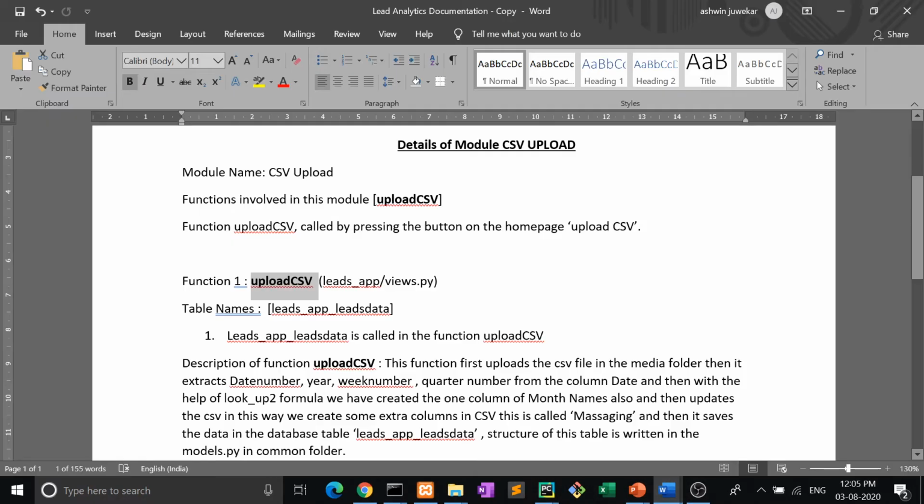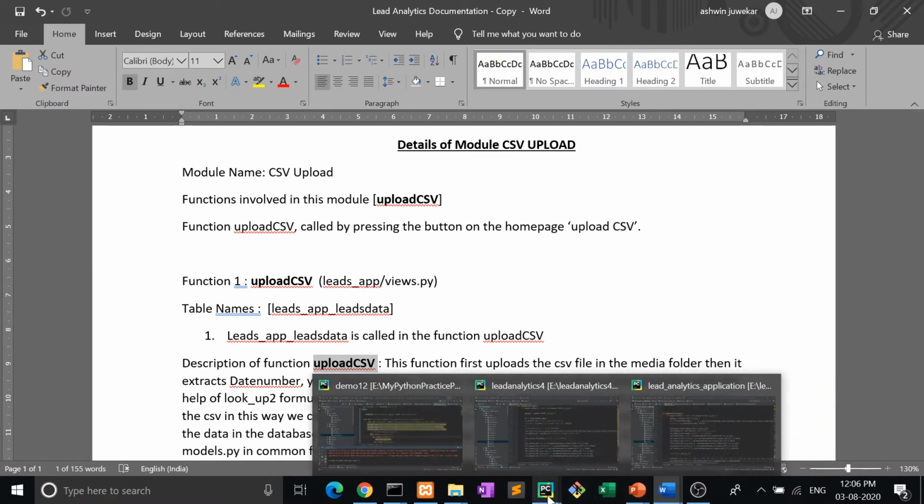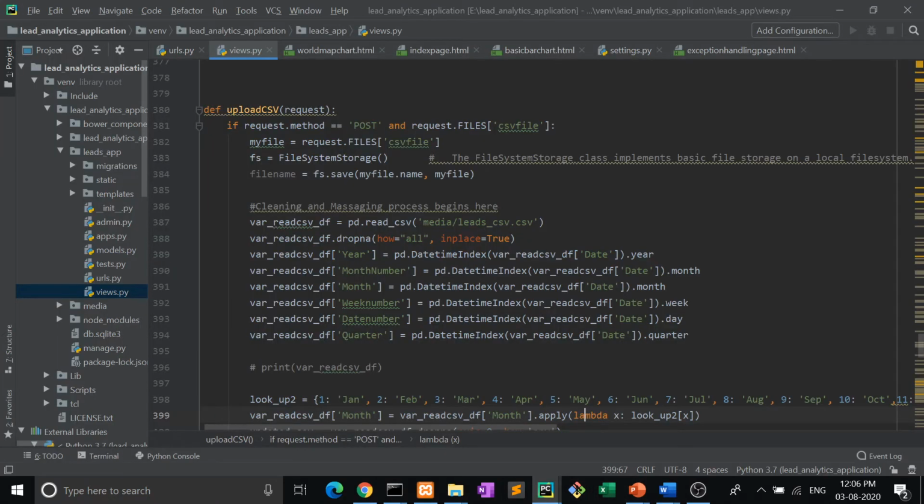After that, he reads the description of function upload CSV. This function first uploads the CSV file in the media folder and then extracts date number, year, week number and all these things, and then with the help of a lookup formula we have created one column of month name also. That means everything is written here: year, month number, month, week number, date number, quarter.